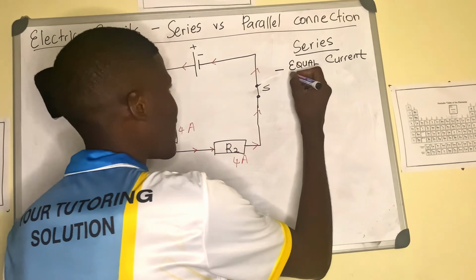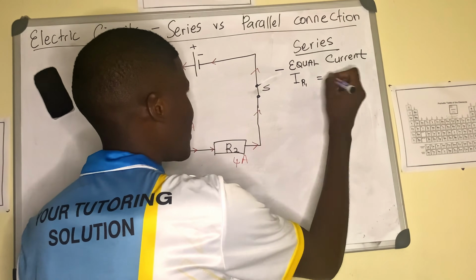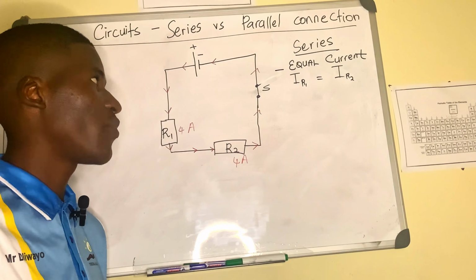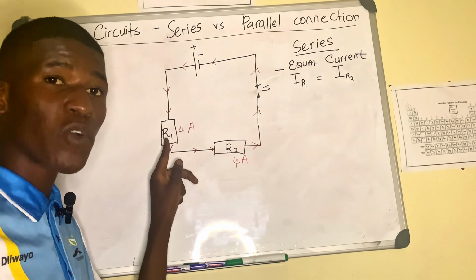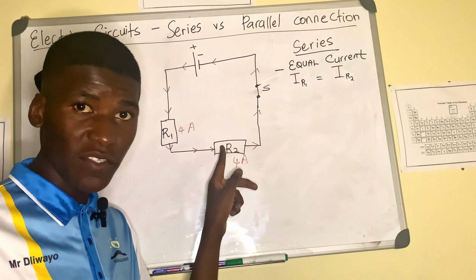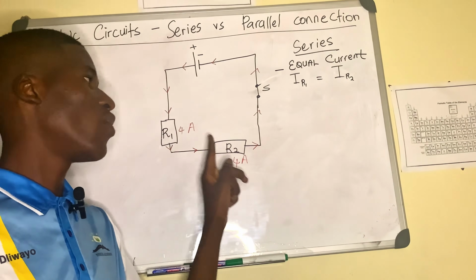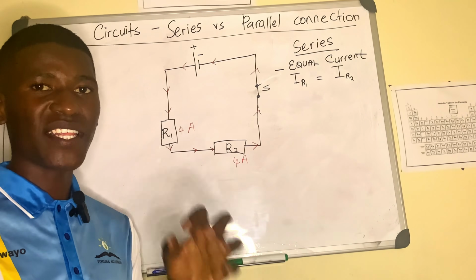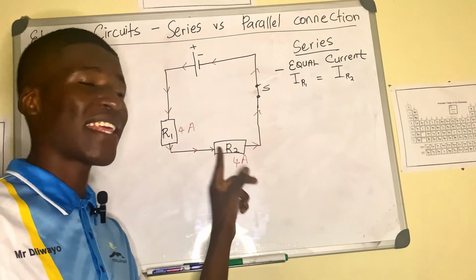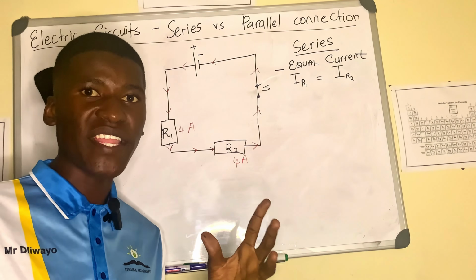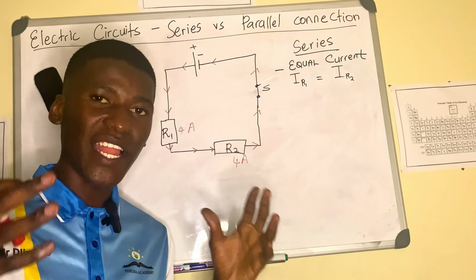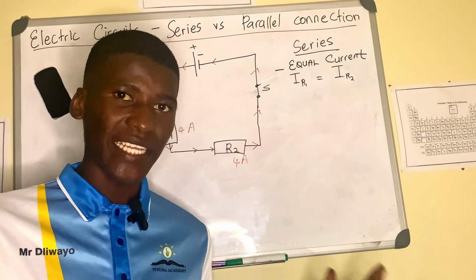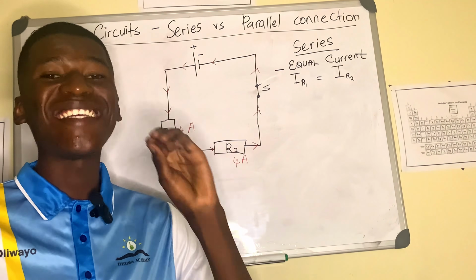So we can say here, this means that the current through resistor R1 is the same thing as the current through resistor R2. This is just the mathematical way of saying things. Just simply means that here, if we've got 4 amperes, also here we've got 4 amperes of current. If we've got 7 amperes here, also here we're gonna have what? 7 amperes. So if we were using light bulbs as our resistors, let's just say we had a light bulb here and another light bulb here, they will burn the same way. They will light up the same way. No light will be brighter than the others because they are receiving the same current, so they will just light up the same way. It's because they are connected in series.